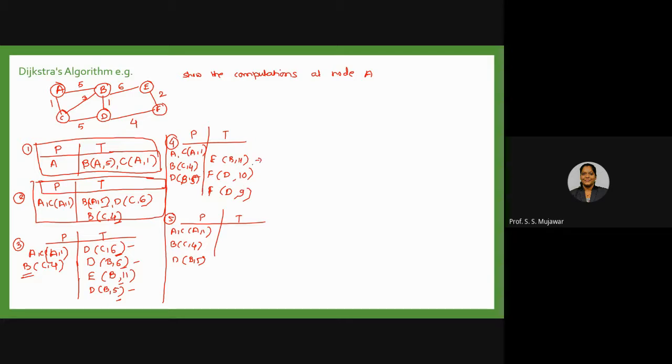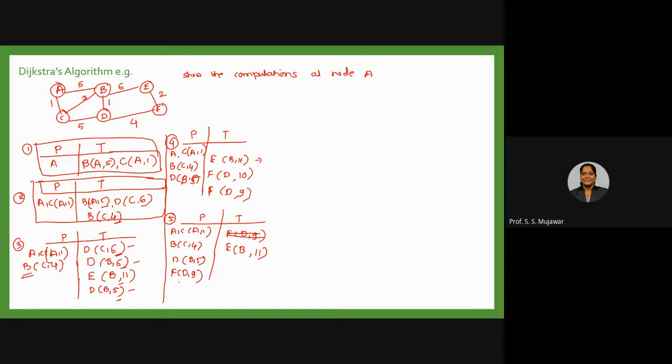This is the largest one, so I can ignore this. Now to reach F, we have two options, 9 and 10. So I can select F of D9. Okay, and the rest E. So D9 I need to write here, F D9. So this will be removed from here, and the leftover node will be B of 11.